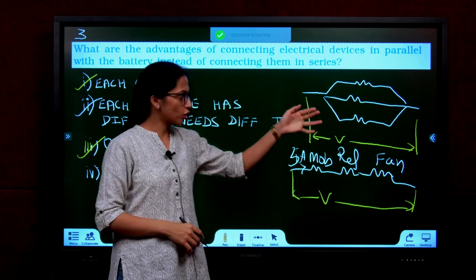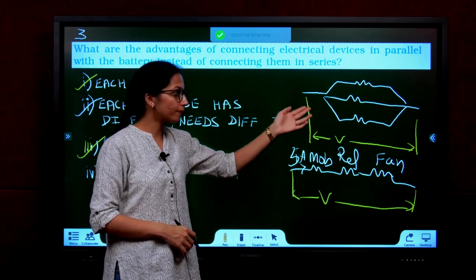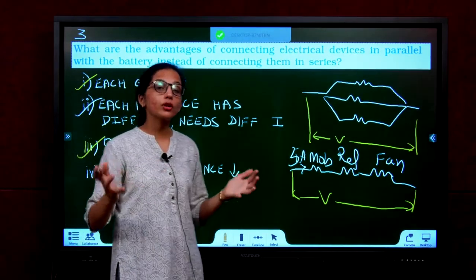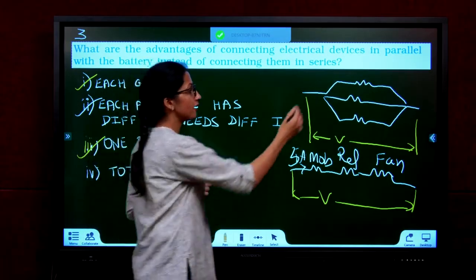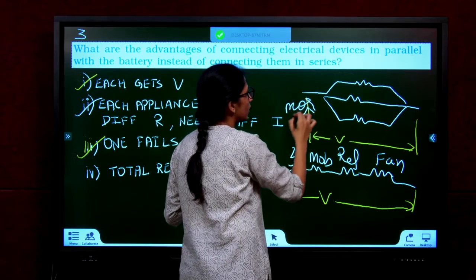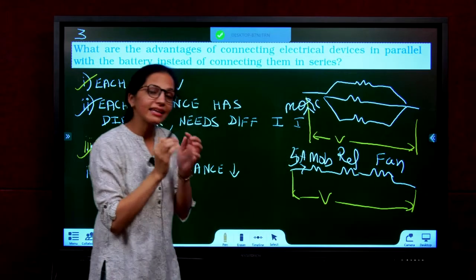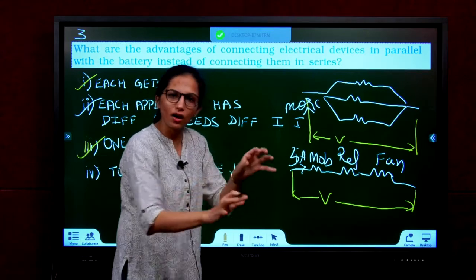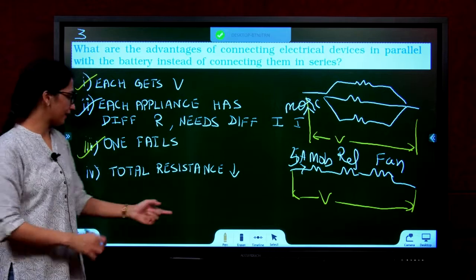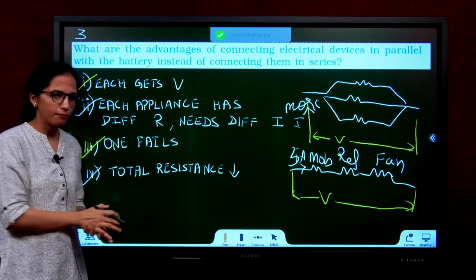Parallel case. Total resistance in a circuit is lesser for the parallel case. Lesser the resistance, you can draw more current. So if the total resistance drops, I can get more current. More current means I can give enough current to every device to work, which is why we also prefer parallel again. These 4 are very, very important points.